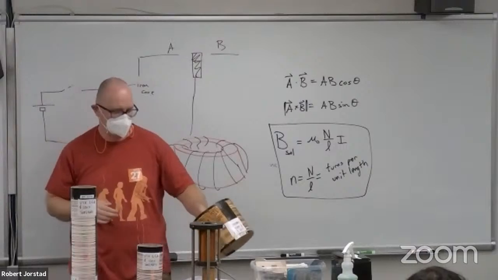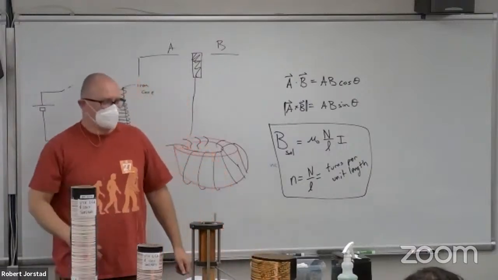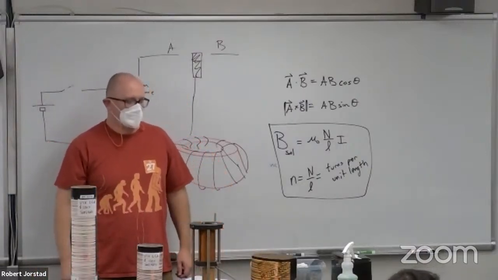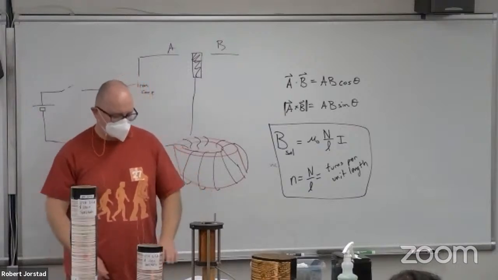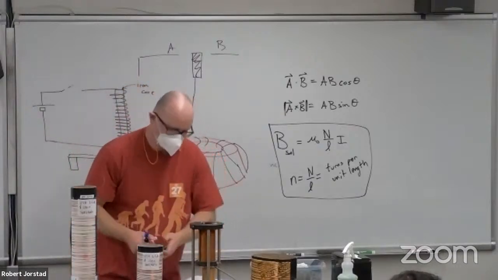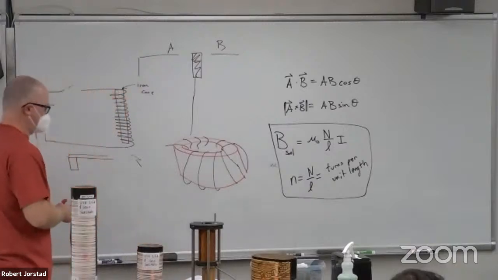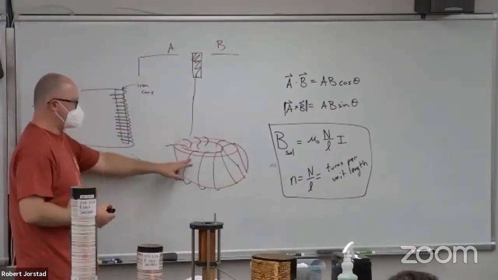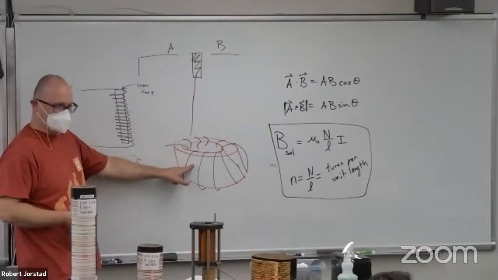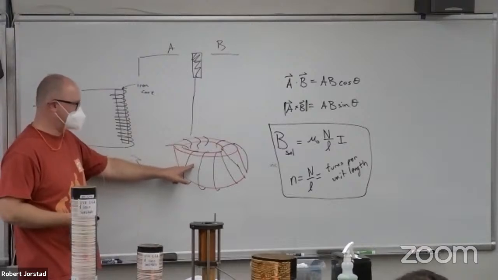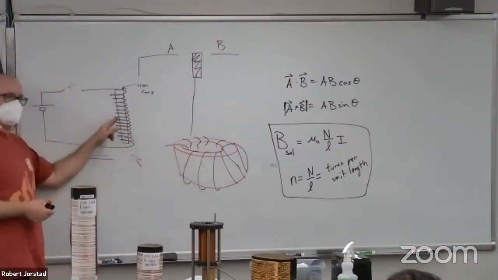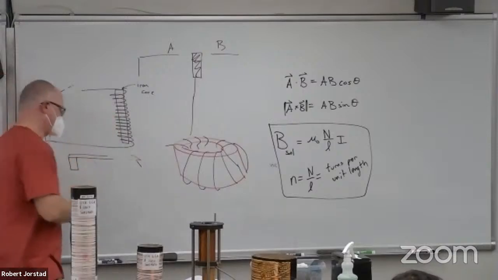Is that the most optimal way of getting a super strong field? There are a couple of different things we could do. Basically, this is a way you could get a massive magnetic field for a small amount of current, especially if you fill it up with an iron core. The other thing that's great about this,